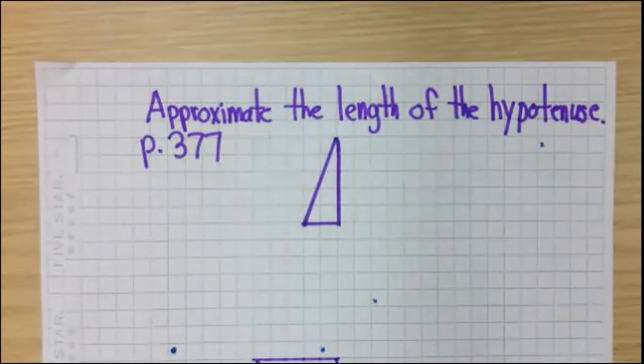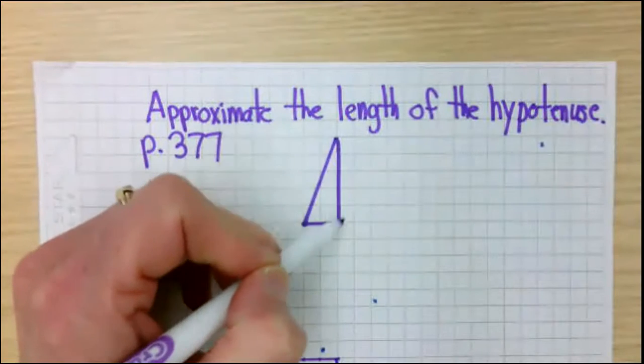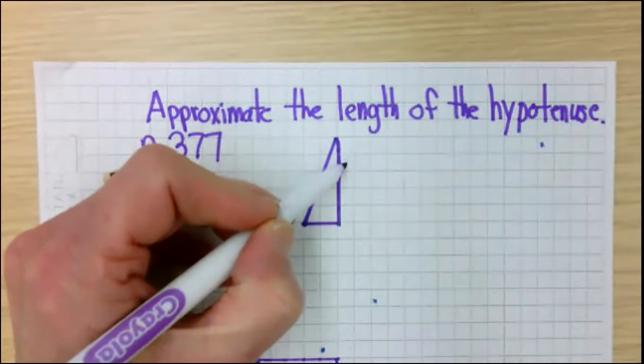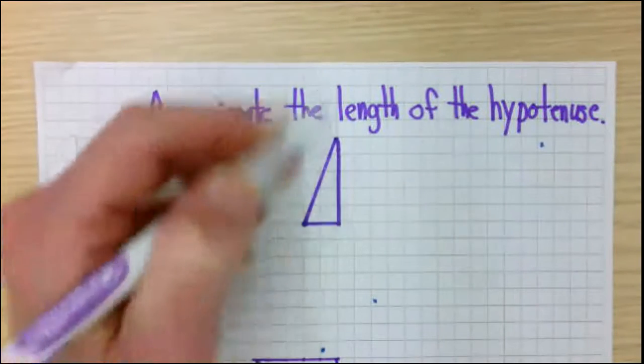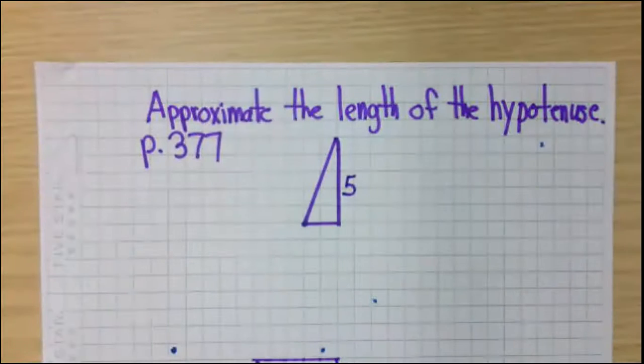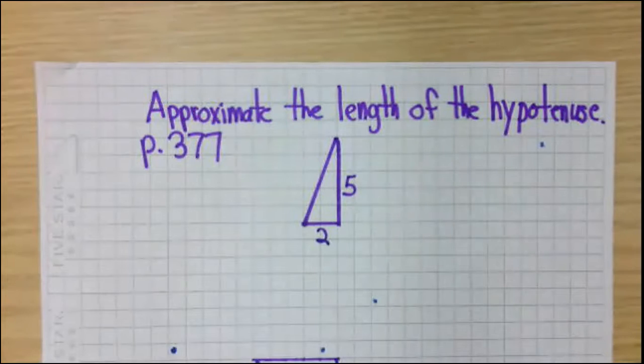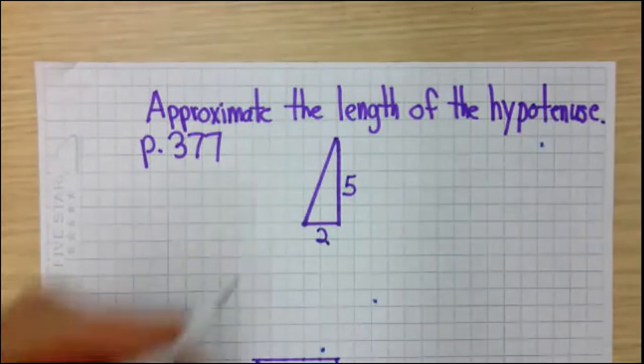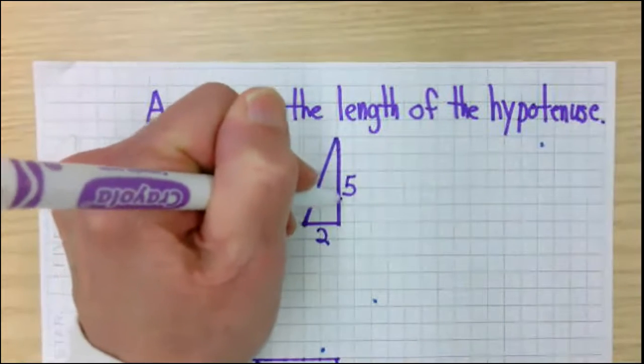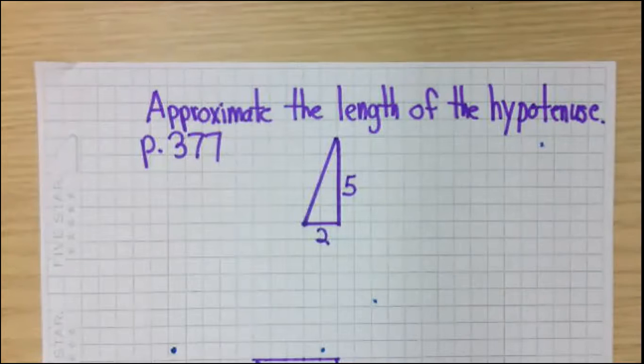And it says here, the figure shows a right triangle. Approximate the length of the hypotenuse to the nearest tenth using a calculator. So let's count how many units this side is. 1, 2, 3, 4, 5. And let's count how many units this one is. 1, 2. Actually, I think in your book it's 4. I drew it 1 extra. 1, 2, 3, 4, 5. So your answer is going to be different